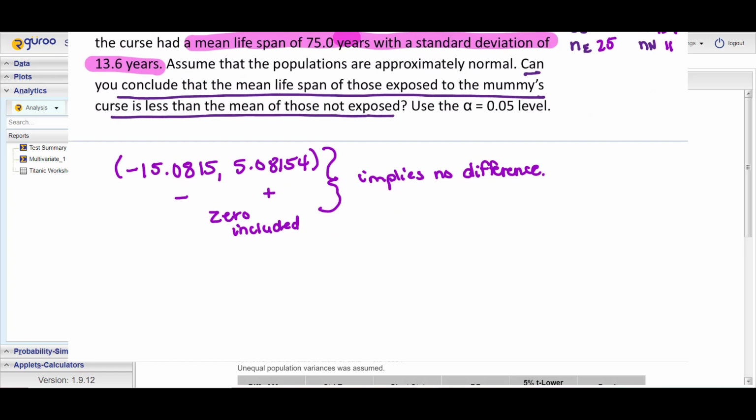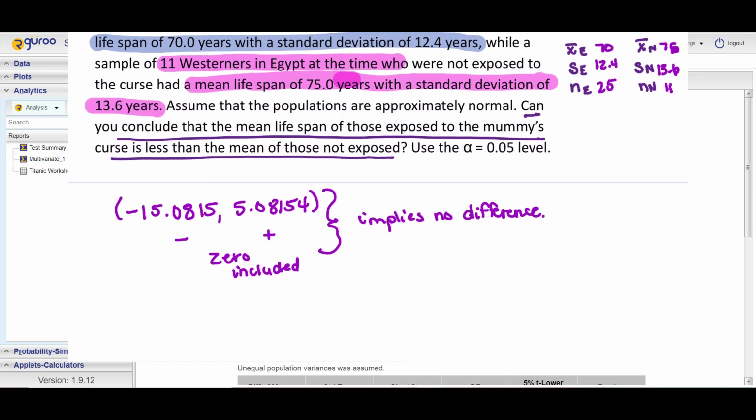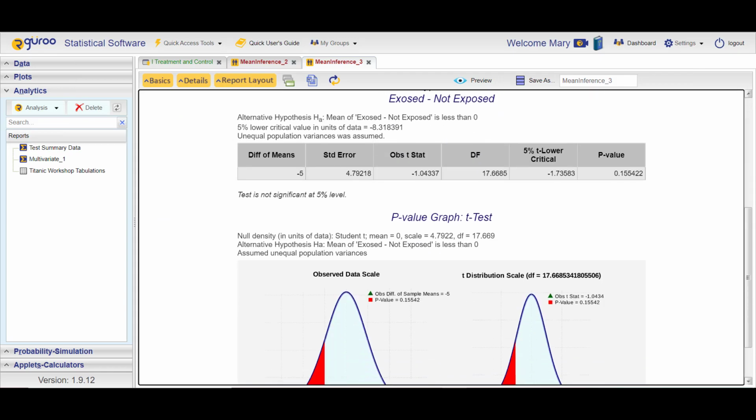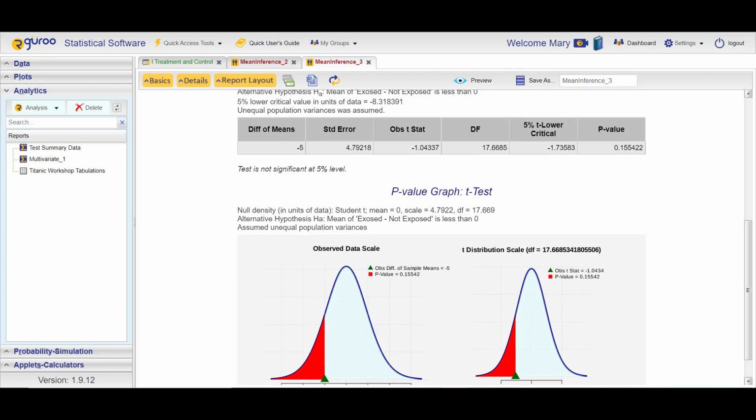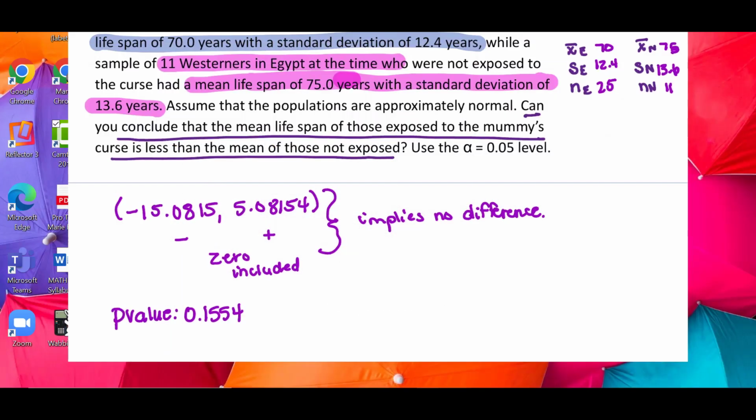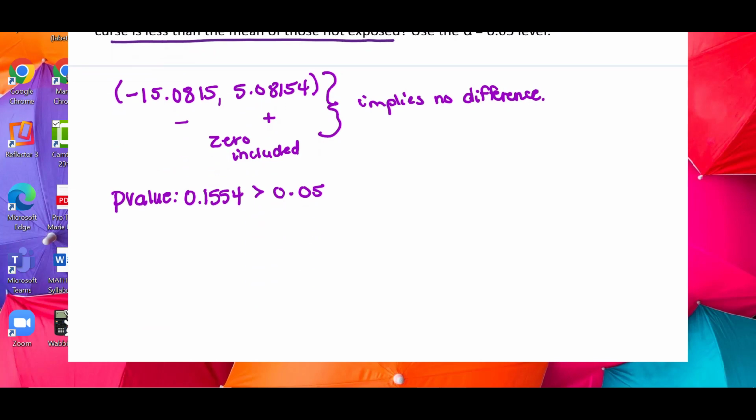All right, so let's go ahead and figure out the p-value. Go back. The p-value was 0.1554, and that is greater than 0.05. And so because it is greater, we can say there is not